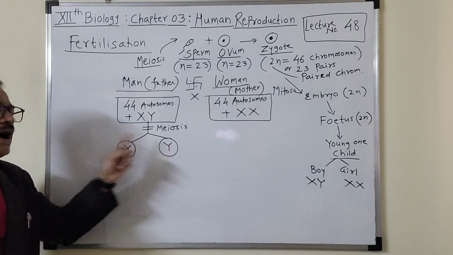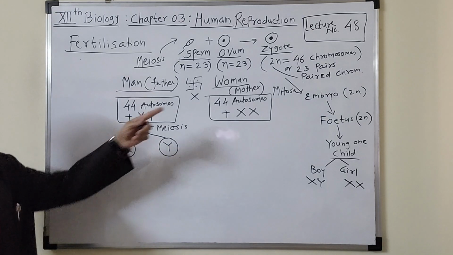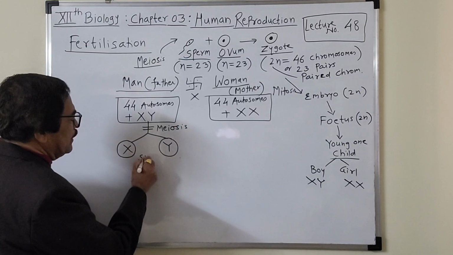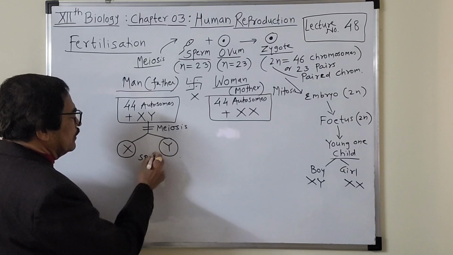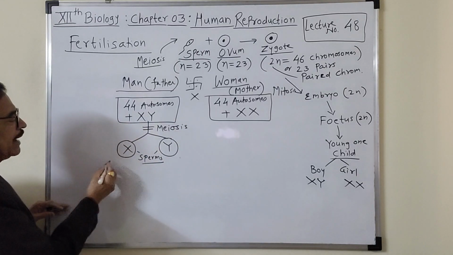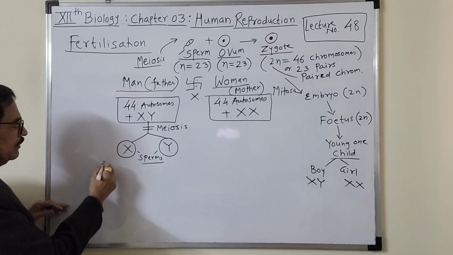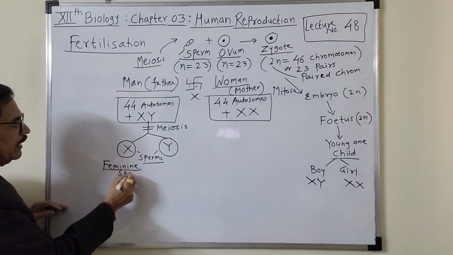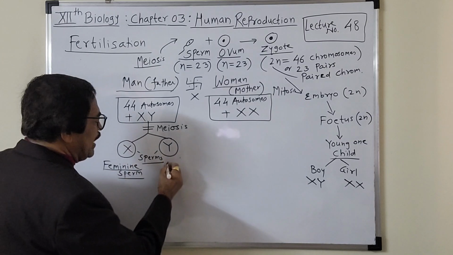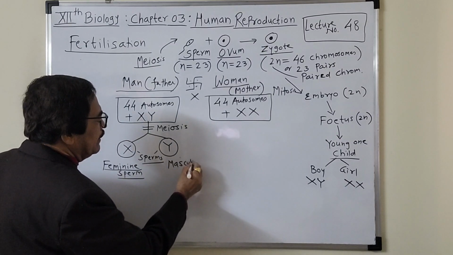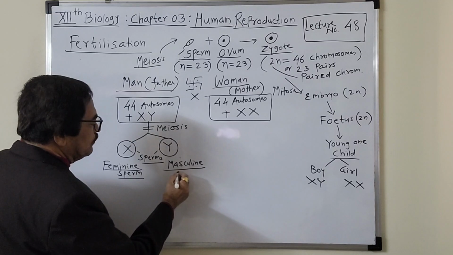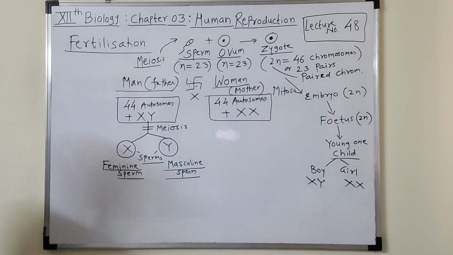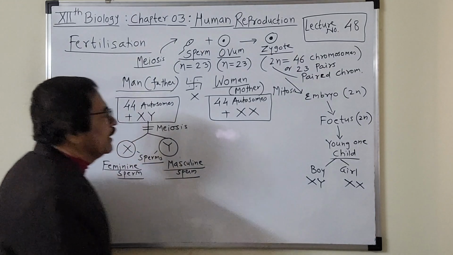का भी 22 आ गया है, so 22 autosome plus X, that is 23, 22 autosome plus Y, that is 23, so 2 types of the sperms are formed there by the father, okay। ये हमको मालूम है। तो इसको क्या कहते हैं, this is called the feminine sperm, which contains the X chromosome। जिसमें X क्रोमोसोम है वो है फेमिनाइन स्पर्म, और जिसमें Y क्रोमोसोम है वो है मैस्कुलाइन। फेमिनाइन यानी फीमेल कैरेक्टर वाला, और मैस्कुलाइन यानी that is particular man का, फादर का कैरेक्टर वाला, मेल कैरेक्टर वाला, ओके।